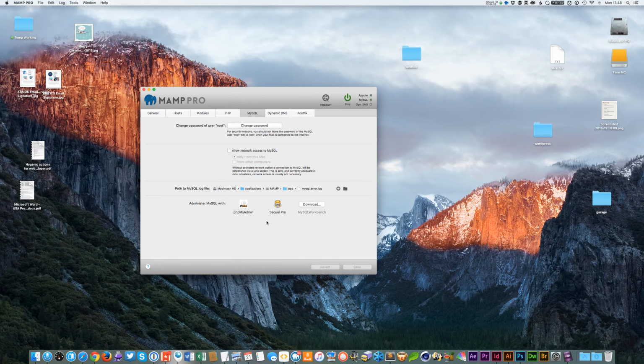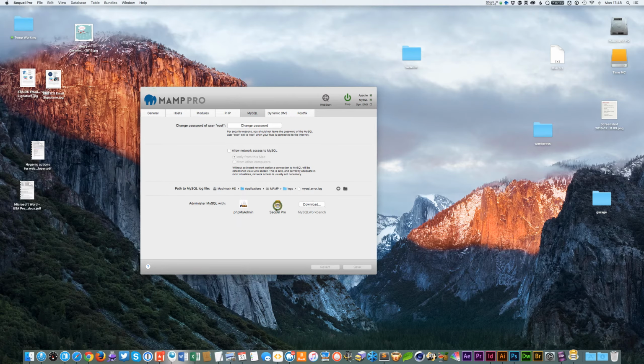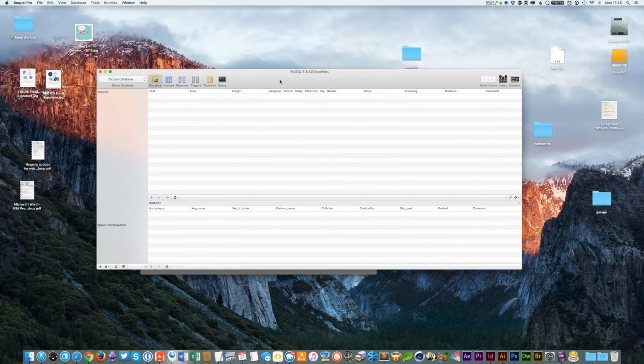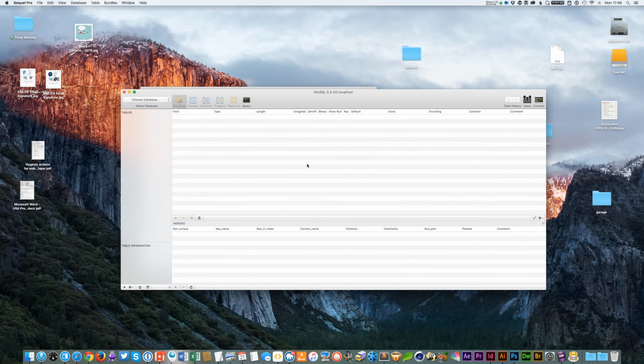And fairly recently anyway, they've started bundling it with phpMyAdmin and SQL Pro. I think phpMyAdmin's been with it a while actually, but SQL Pro is fairly new. So we'll click on SQL Pro and we'll launch that. When you do that, it just connects locally to your MySQL database. And then we'll choose to create a database. So we'll say add database, and we'll just say test